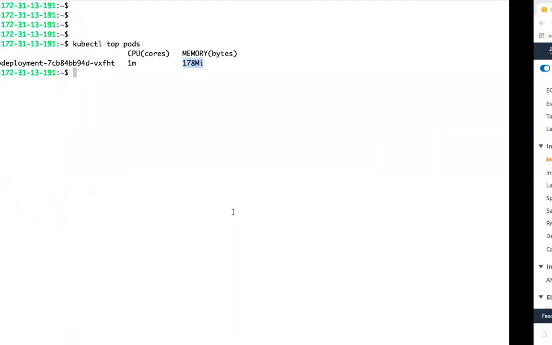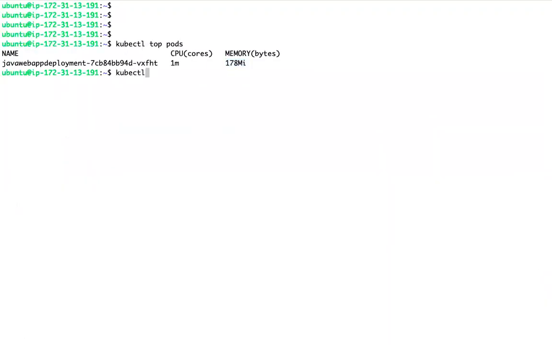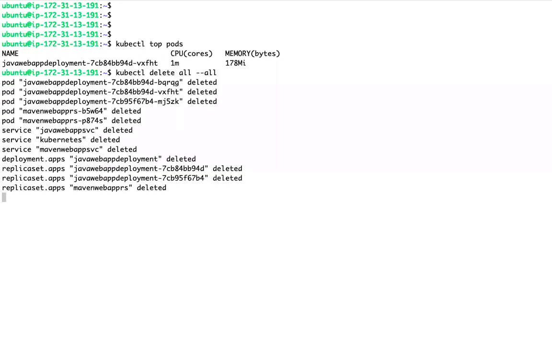First, let me delete all these applications, because to demonstrate this I should have some fresh resources. I am deleting whatever I have in this cluster, all the applications. Now I will deploy one simple application. I will not deploy HPA first.